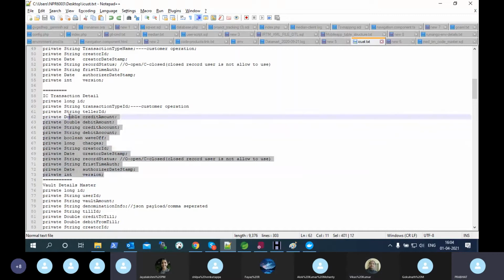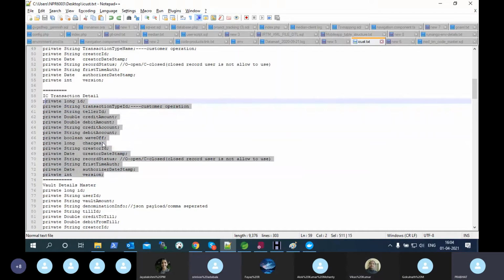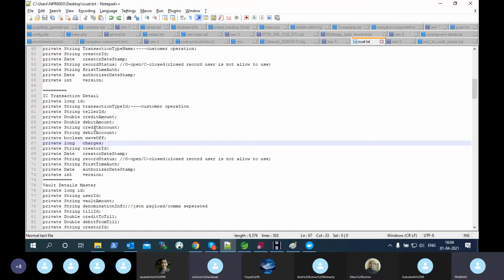But where is the customer information, Prabhat, in this table? Customer information means it's a credit account, debit account, it's there, no? Which account it is crediting, which account it is debiting. And if you want that particular customer detail, based on this account, some other table is linked with the customer detail, their name, their address. Yeah, got it, makes sense. Because this account is unique, right? So it will link with the customer.